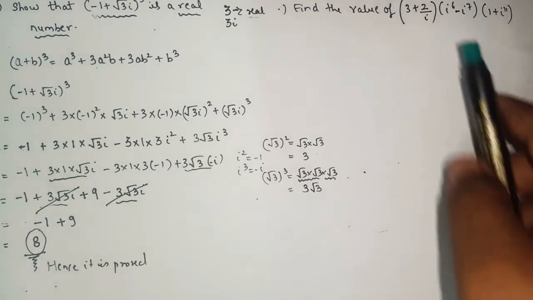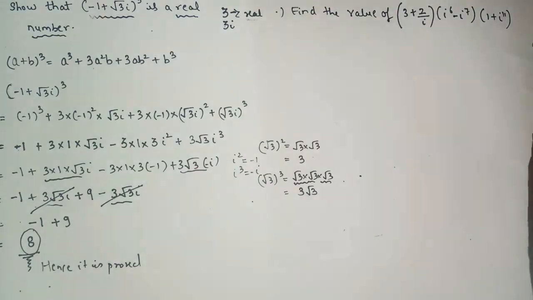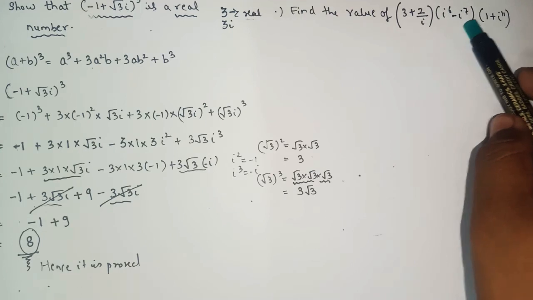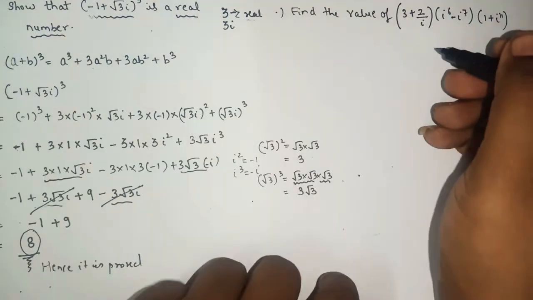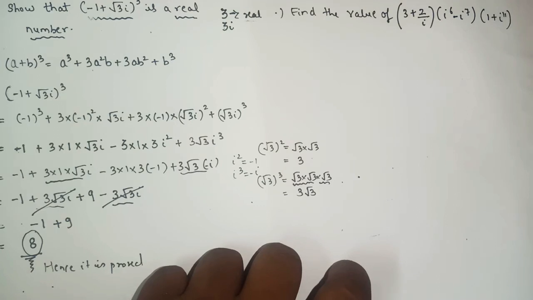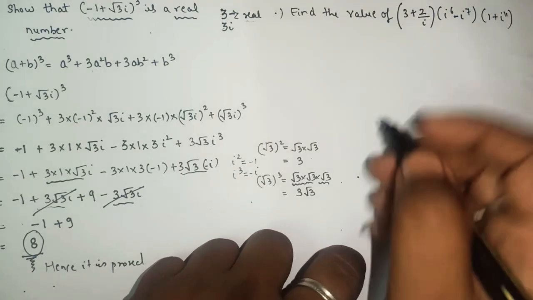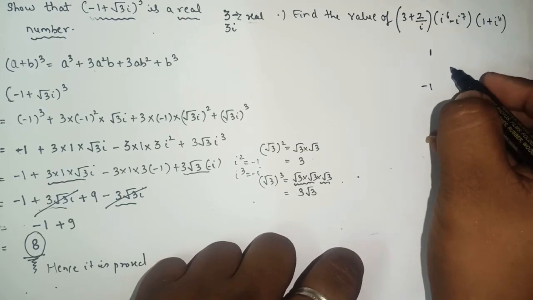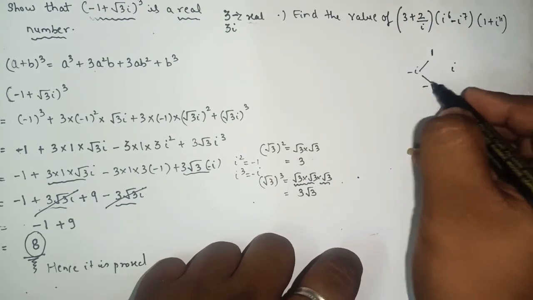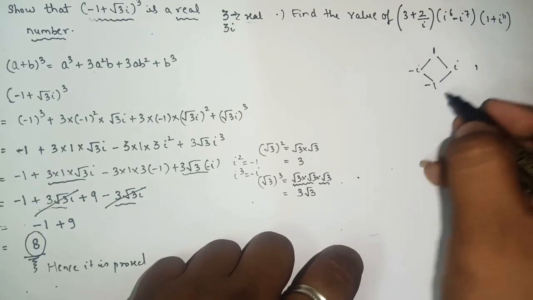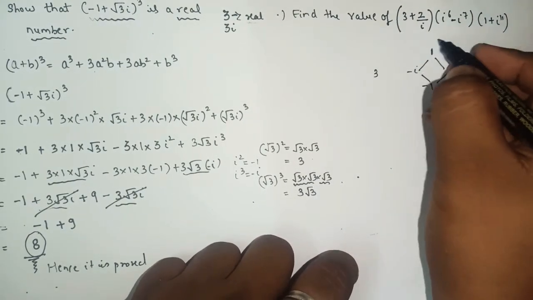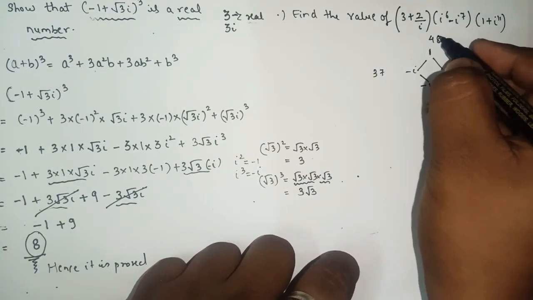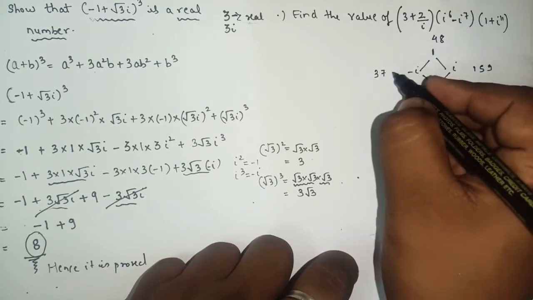Okay, so here we have the next sum. We have to find the value of this part. It is very simple, you just have to replace the values of i raised to 6, i raised to 7, i raised to 11. And yesterday, in the last lecture, I had explained how to find the answer by using this trick: 1, minus 1, i, minus i, yes or no? So here it will be odd, 1 2 3 4 5 6 7 8 9 10 11.